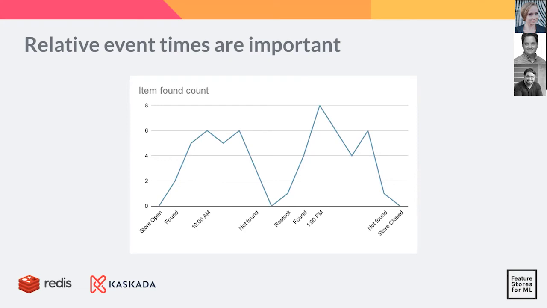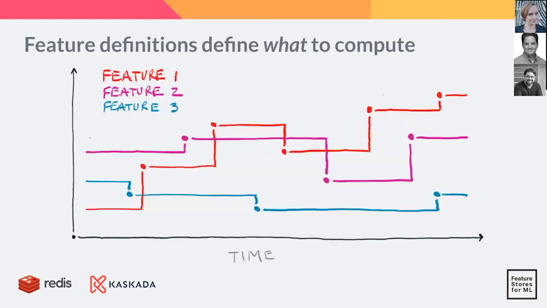This is a data-dependent point in time for this store, and it needs to be computed arbitrarily across time, discrete or continuous. So as you look at the x-axis for this one store and item, you'll see the events: store open, item found, item not found, restocked event. And this is going to change over time. And the gold is found in the events relative to each other.